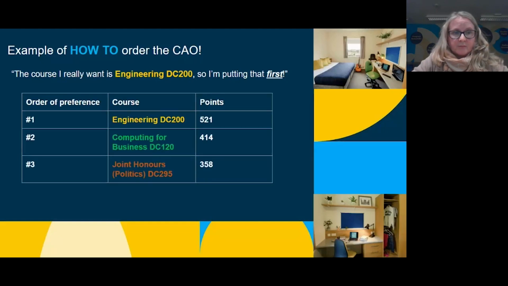So here's just, for example, I'm 1 to 3 on my CAO, and I've decided, I've done my research, I've really thought through what I think I might like to do with any information that is at hand for me. So I think I'm going to like engineering, and I put as my first preference engineering DC 200. Now I'm looking at the points there and I'm thinking I really should get around the 520 or whatever, but